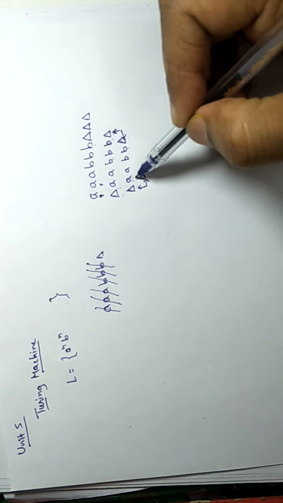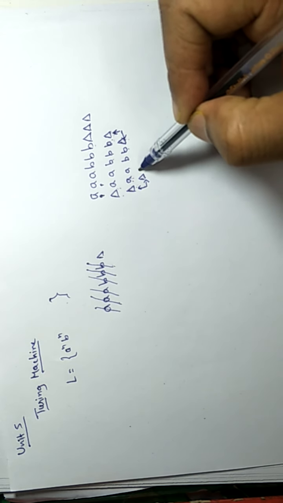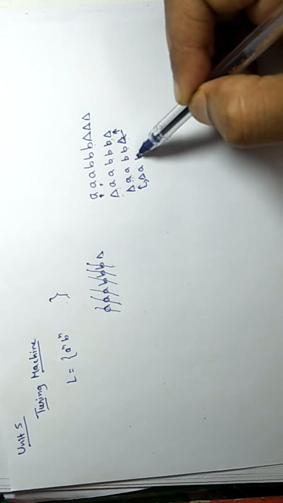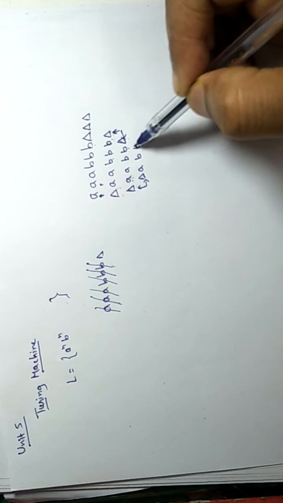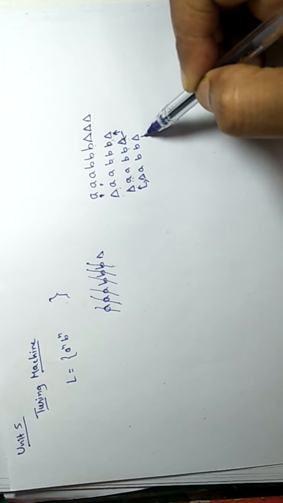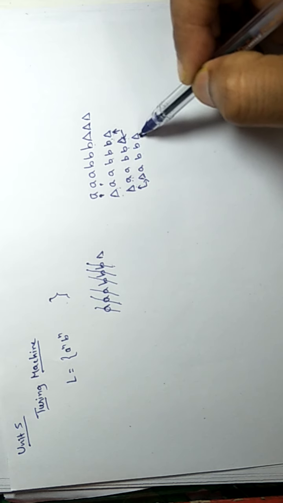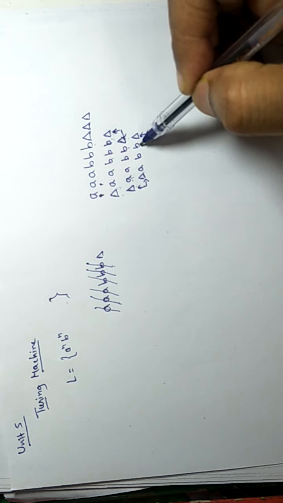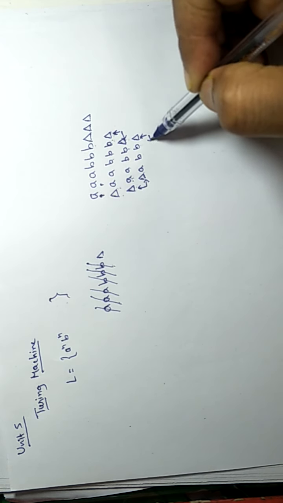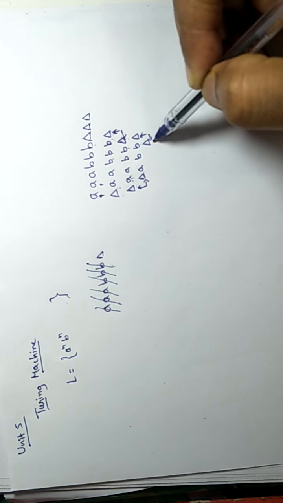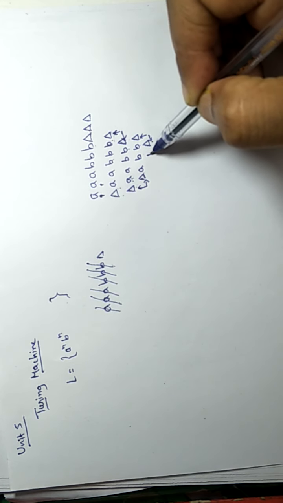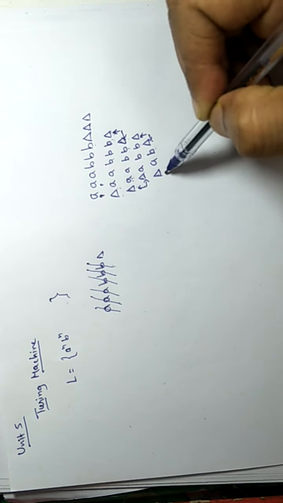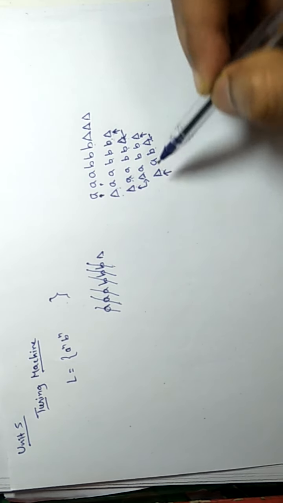Now we convert this a into blank, then read this a as it is and leave it unchanged, then read this b, leave it unchanged, moving forward and reaching the rightmost corner. Now here we are sure that to the right of this blank there must be a b. For this a there must be a b. So we move to the left and change this b into blank. Now moving to the left, leaving b as it is, leaving a as it is, we reach the leftmost corner.